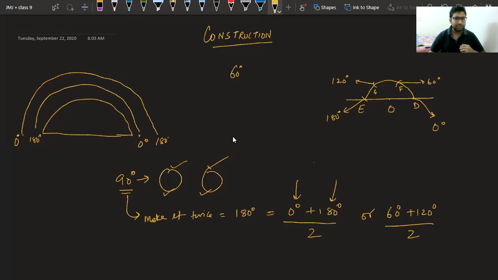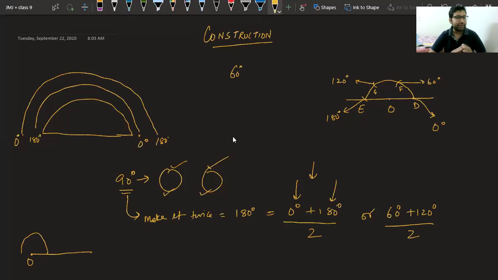So you can use any of these. Obviously this first one is easy, but sometimes we don't have a complete line. Sometimes we have the point on the end. In these cases, it is not easy to draw a complete arc. So 60 plus 120 is 180 degrees, beta. Vaishnav, 60 plus 120 is 180 degrees, and dividing by 2 gives you 90 degrees. This gives you an idea that your angle is between these two. There is nothing like a constant over here. It is just an idea to obtain between which two angles my angle is lying.